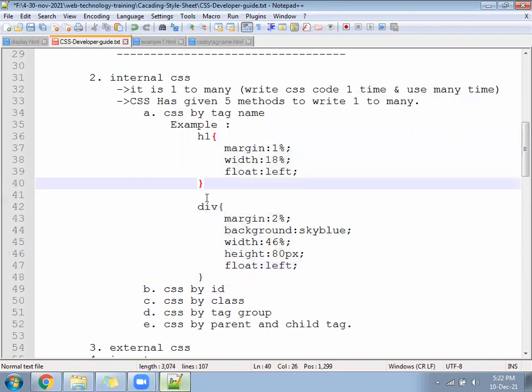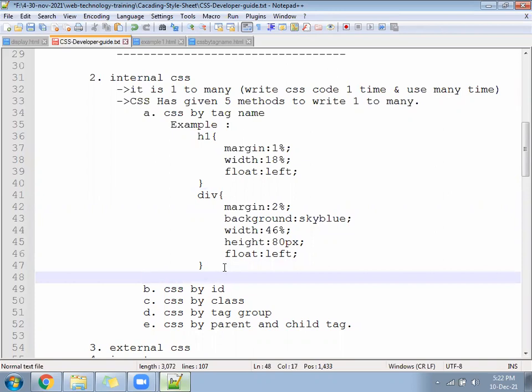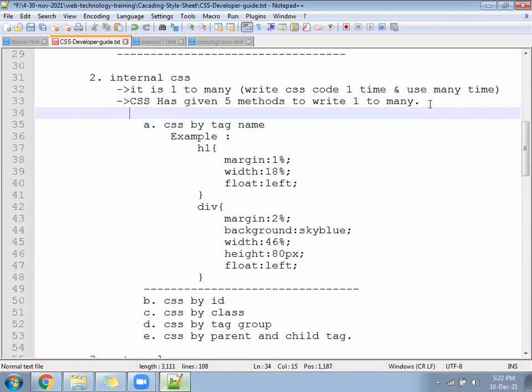Once you read this file in the future, you will understand, oh, CSS by tag name, we can write like this. Okay, save this. Clear? Let's go next.